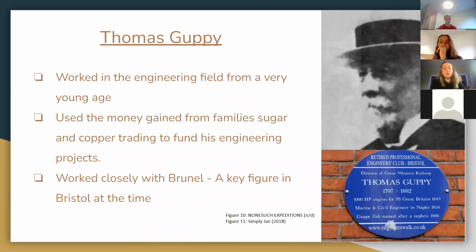An initial Google search on Thomas Guppy confirmed Brunel's assertions that Guppy had helped to fund Brunel's projects. We discovered that he had gained his wealth from his family's sugar and copper businesses, which both traded through the slave trade, as well as using slaves for labour, through reading a 2018 article in the Western Daily Press. Specifically, we found that Guppy had helped fund the SS Great Western, the SS Great Britain, and the Great Western